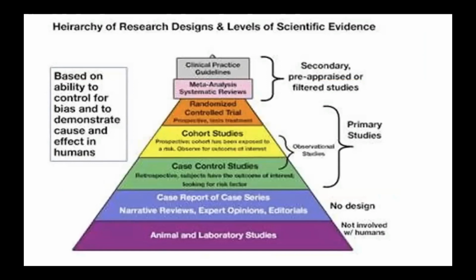So, the hierarchy of research designs by level of evidence, which you have studied in medical education. What is primary research and what is secondary research? In primary research, you do it yourself, either it is observational, or a cohort study, or an interventional study, and you publish the paper. But after 4 years, 7 years, anybody who wants to produce some new results collects the data